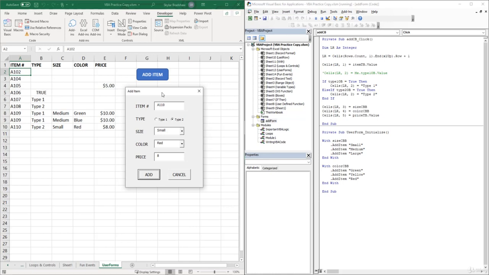But if we wanted to add a new item, we would have to go back inside each of these controls and change the values. Well, to prevent manually having to clear each control every time we add a new item, we can add some more code to our Add Button module that clears all the values within these controls after inserting a new item. So let's exit out of our user form,